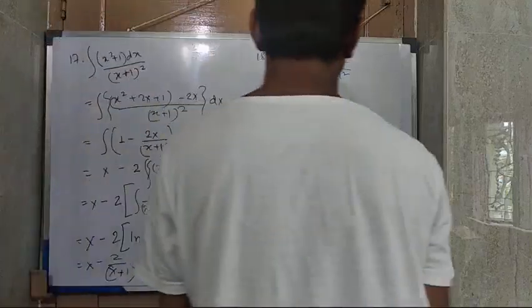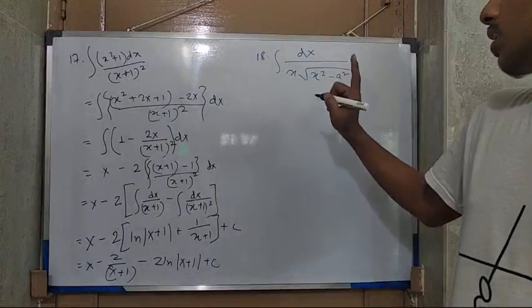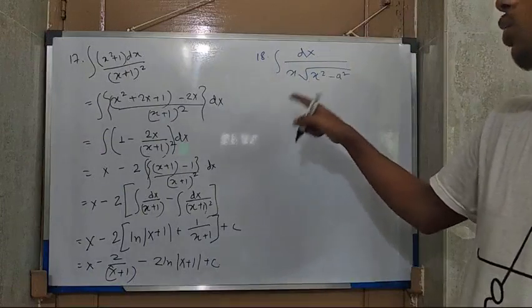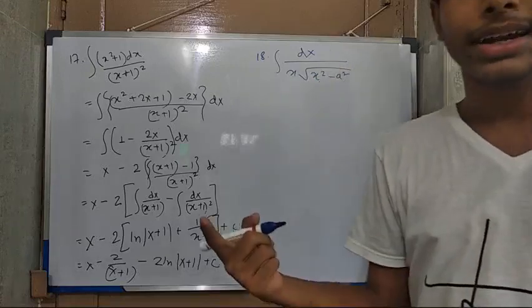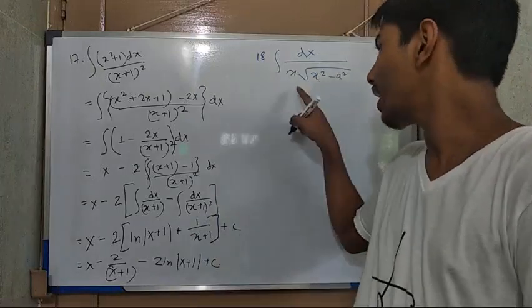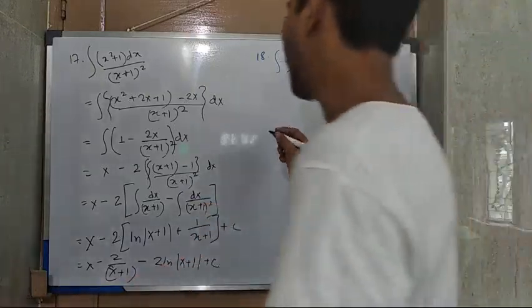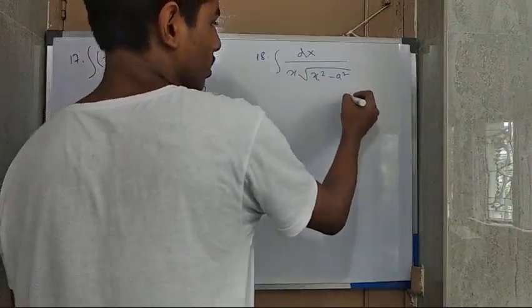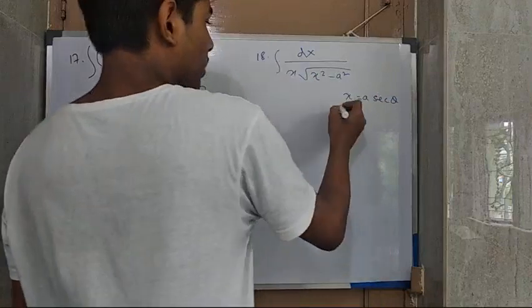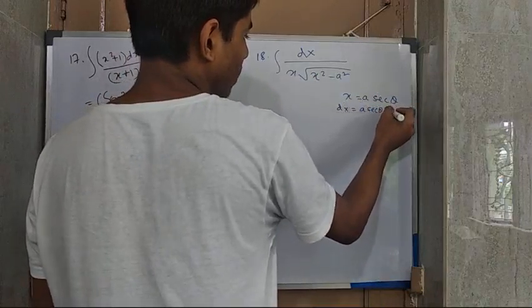For this particular question I am going to take x as a times sec theta, because I can just take the a squared out and then it will become sec squared theta minus 1, which eventually becomes tan squared theta, and here is the root, so that becomes tan theta. So I take x as a times sec theta, and dx will become a sec theta tan theta d theta,